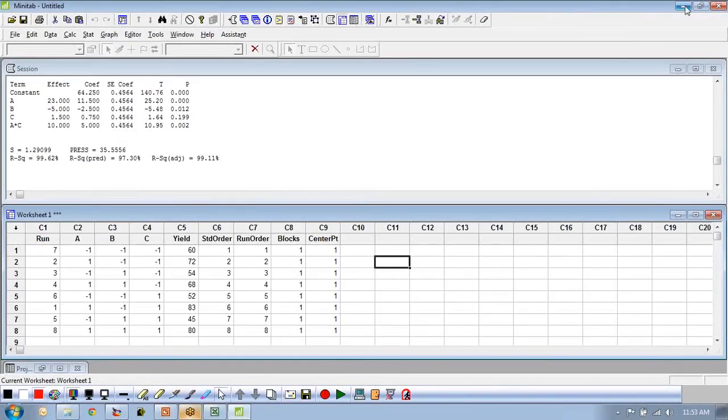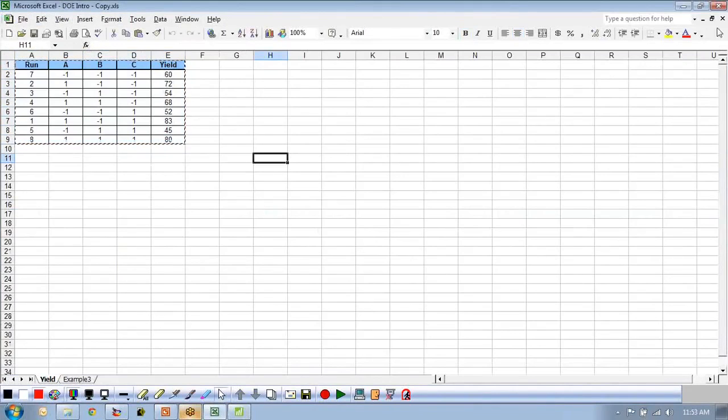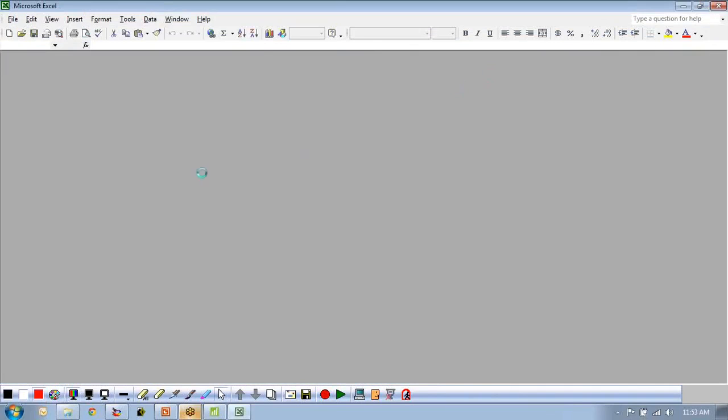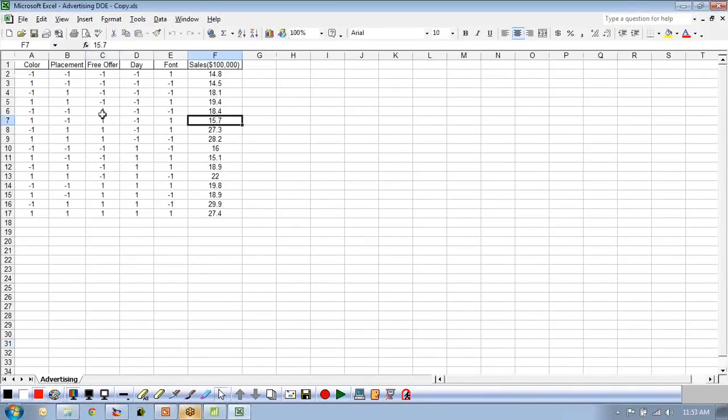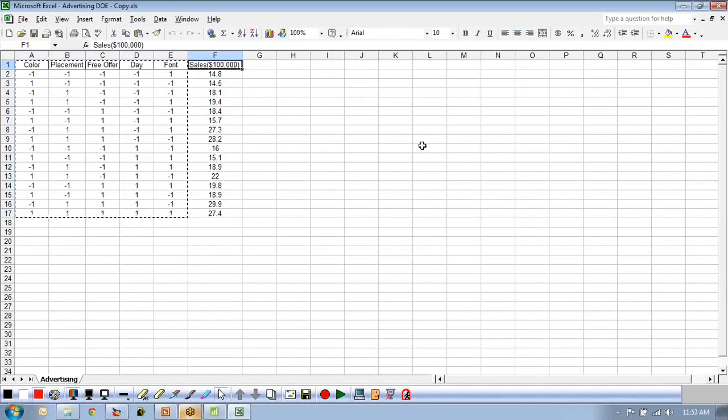I'm just going to open it up in Excel first. And let's give it an advertising DOE. Here it is right here. So they had various things. They'd have to decide on the levels. That would be the first thing that they would do. In this case, they looked at sales in $100,000 from this particular ad campaign. And they'd set up the -1s and +1s. For example,